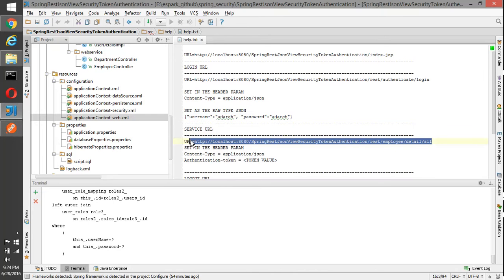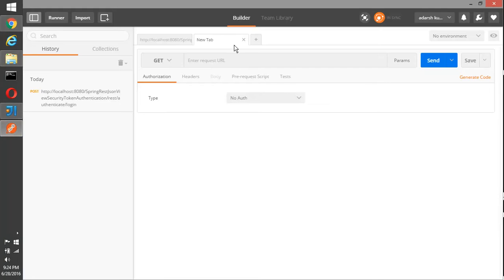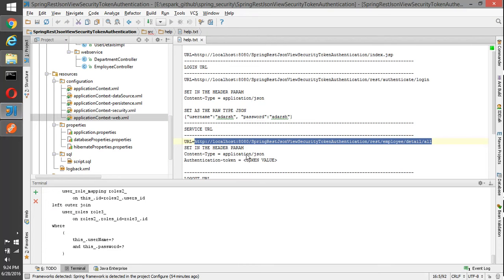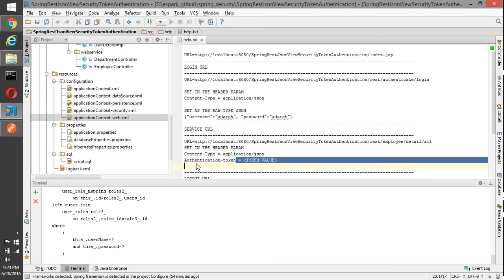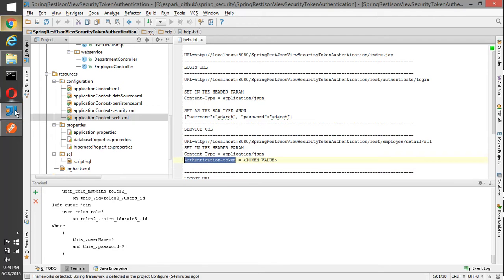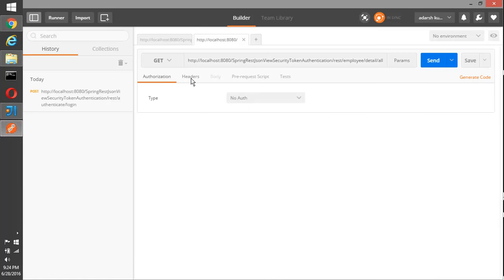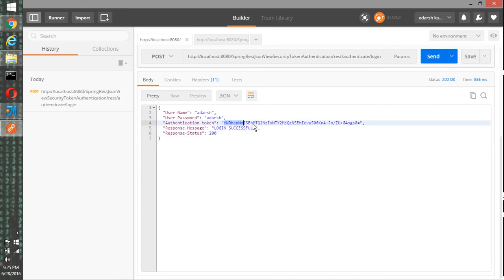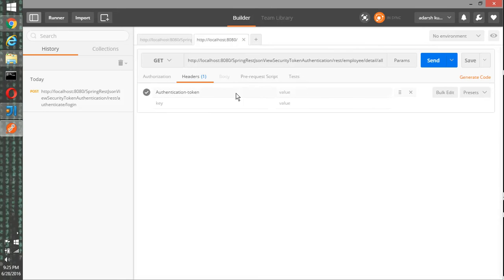Now I'm going to hit another API. This will be a GET request, and I need to copy the authentication token header here, and this token I can copy from this place, and I can send the request.